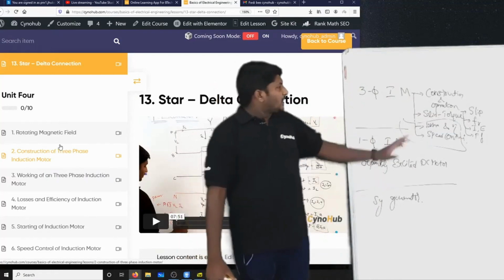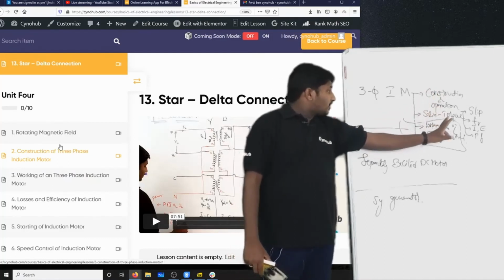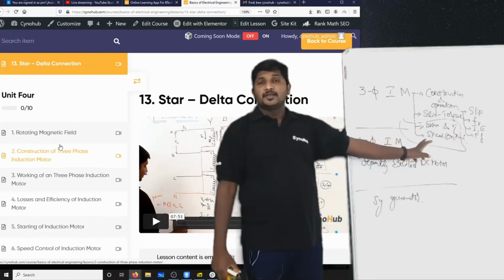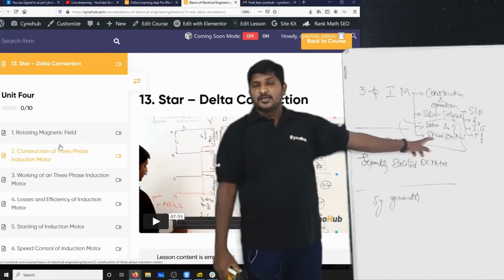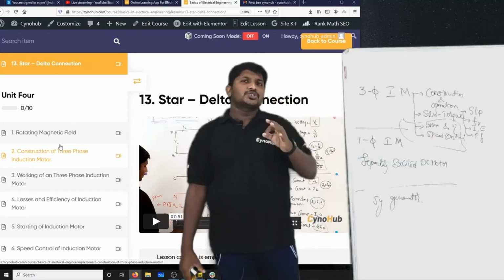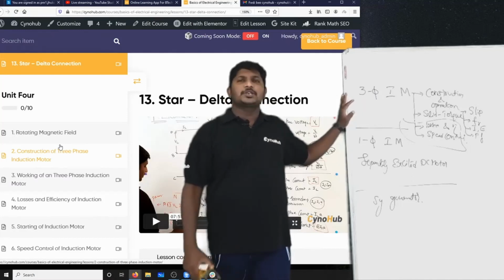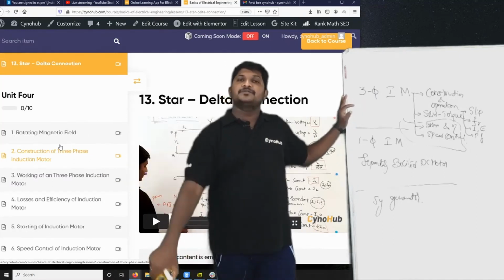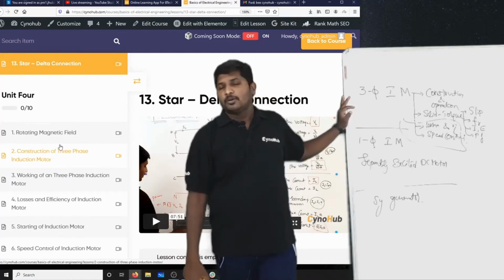Okay. If theory does not come from this portion, it comes from the speed control methods, definitely. So, a total question from the 3-phase induction motor, a total question with A bit and B bit. A bit is a theory from the 3-phase induction motor, B bit is one numerical from the 3-phase induction motor, definitely.